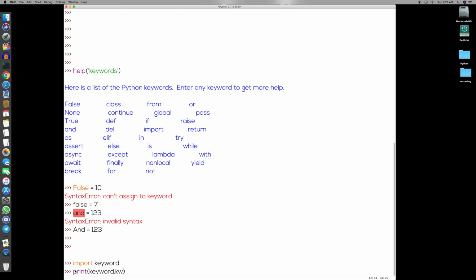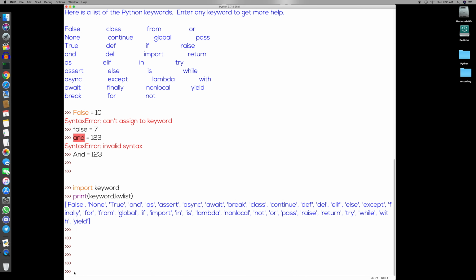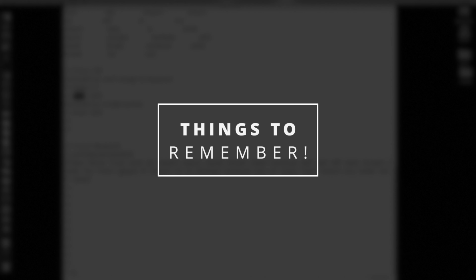Looking at all those keywords at once and trying to figure out what they mean, you might be confused, and there's no need to understand each and everything at once. In our upcoming videos, we are going to talk about all the keywords and we will cover each and every keyword in that list. So don't worry about it. We have covered identifiers and keywords here, and here we come to the takeaways.